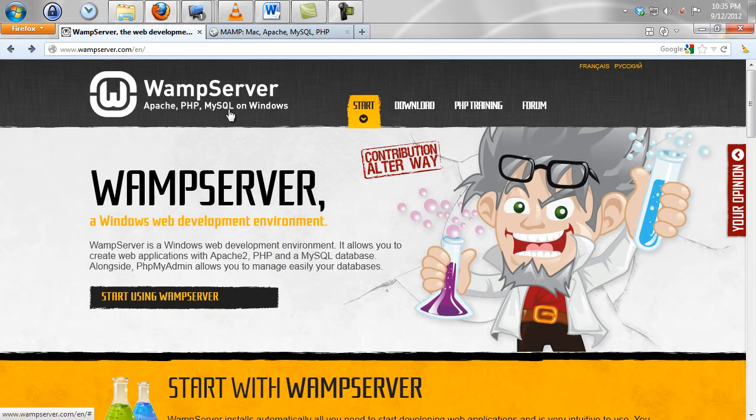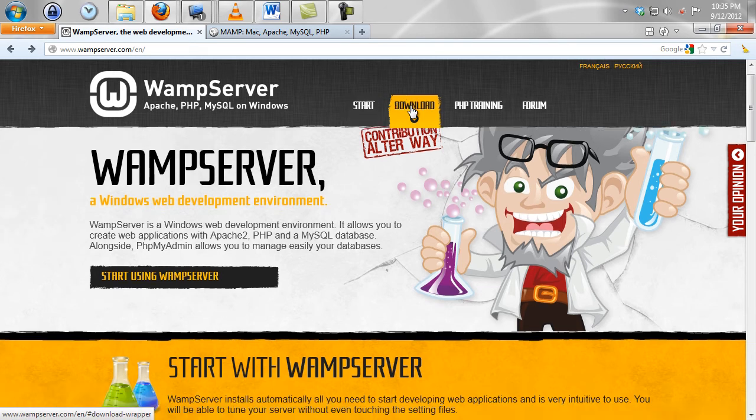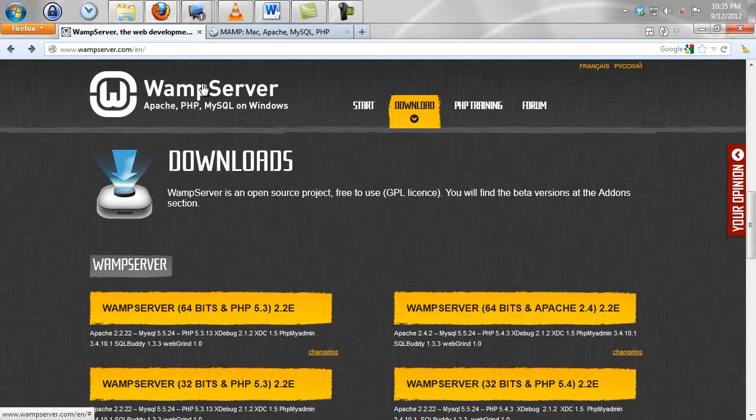You don't have to use WampServer. You can use another package. There's lots of them out there if you do some searching. I'm just going to show you WampServer because it's what I'm familiar with. It's pretty easy. It'll get you started quickly. You can find your own package, or you can even install each piece individually, but today I'm going to show you WampServer. So go to the WampServer site, which is